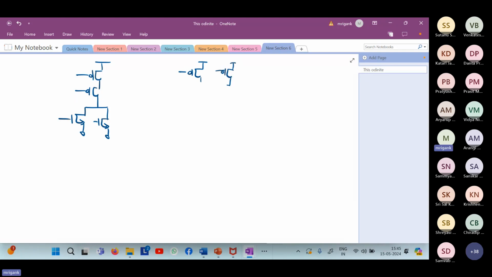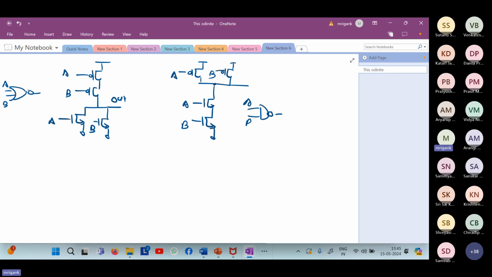So what about some other gates? We have just discussed inverter trip point, and we are going to discuss some more things. What is this gate? The first one. The NOR gate, right? So this is a NOR gate. This is the out. And what is this? NAND gate. So these things you have already done.